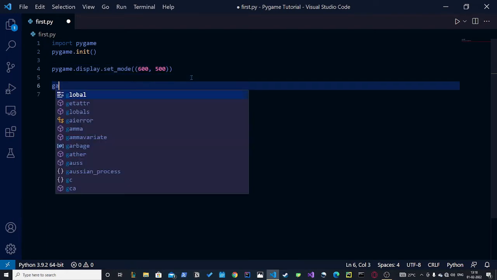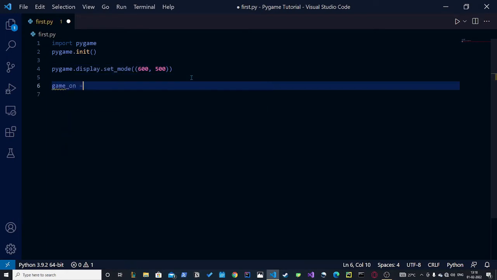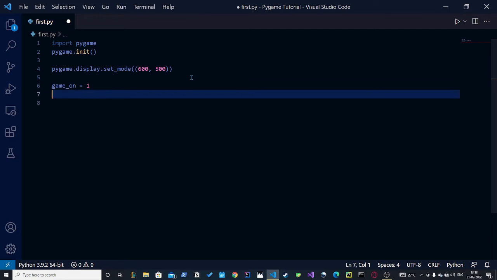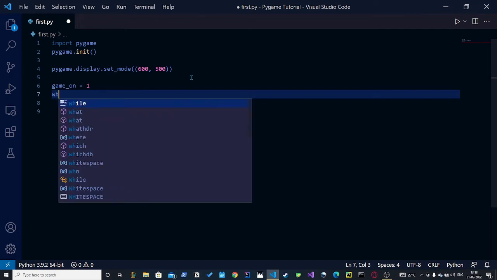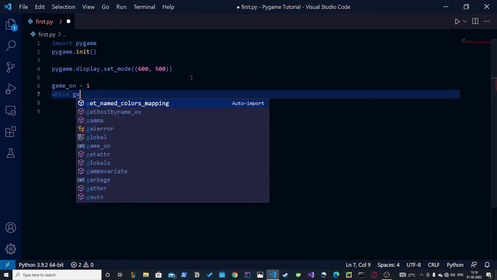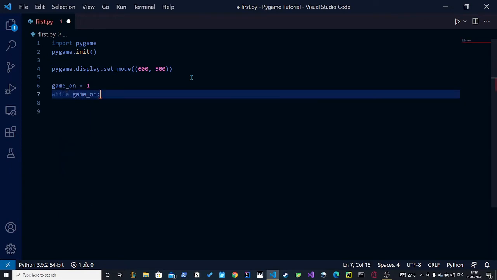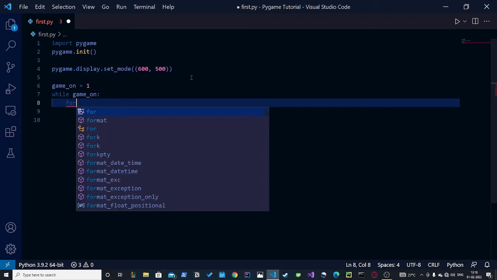Now we will make a variable called game_on. It will be a boolean, either true or false, because we want to keep the game on from the beginning, obviously. So we will keep it 1. And then we will make a loop. It's a while game_on loop, then a for event